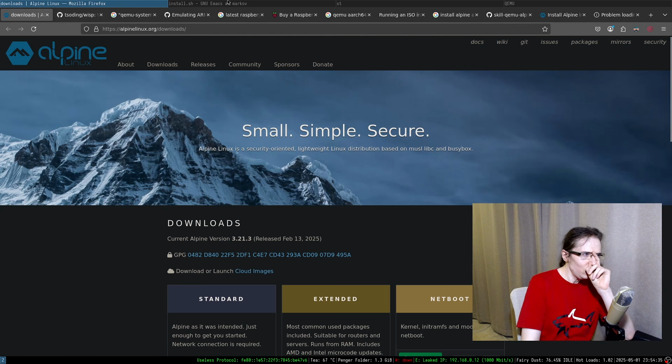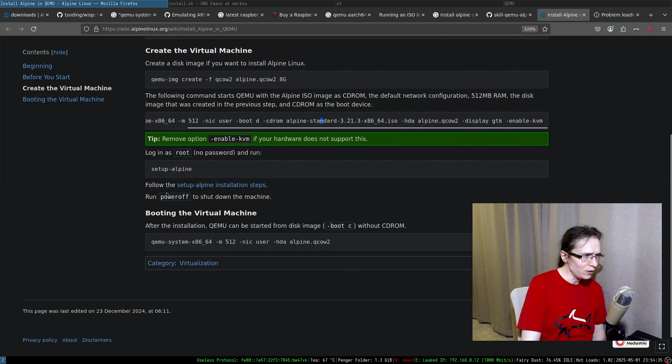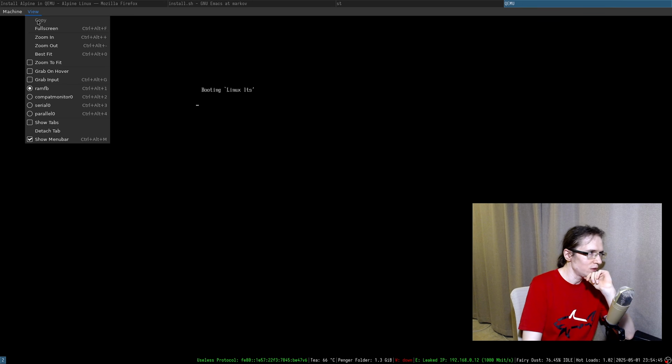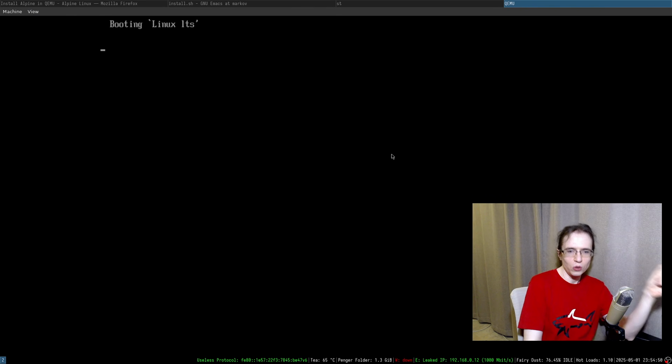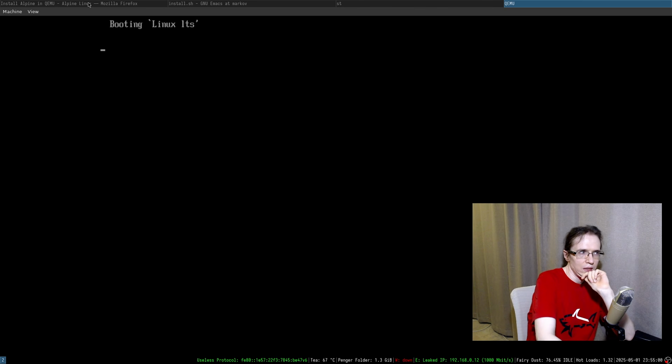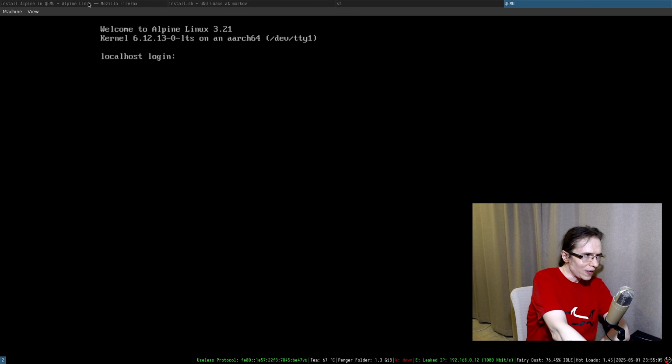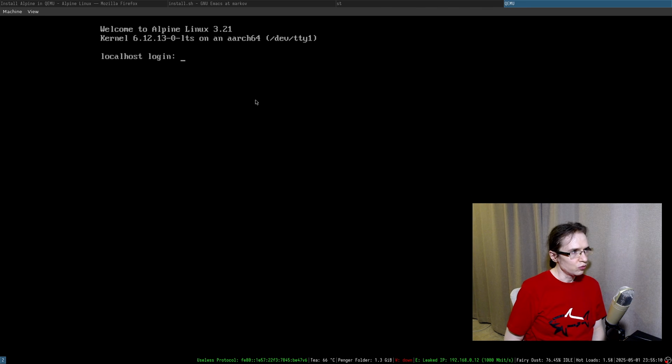Okay, so how do you install Alpine? You're supposed to probably get into the root without the password. Okay, I see what's going on. So first we have to log in and then set up Alpine, and it will walk us through the process. I suppose that's how it's going to go. All right, so it's a root. Oh, I have to...